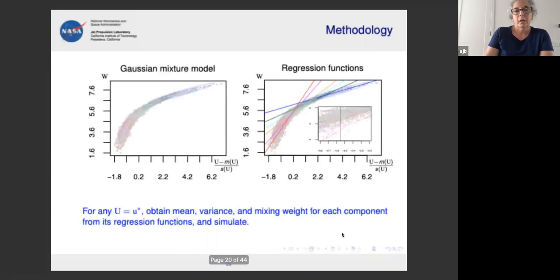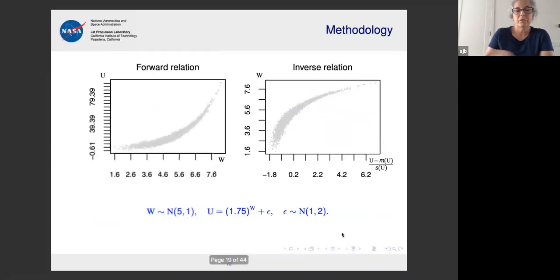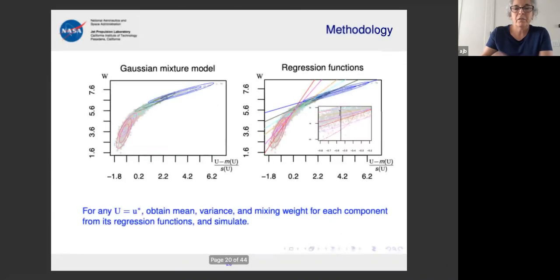Now, if I were to try to... I guess I should not have given away the story there. If I were to try to fit a single Gaussian to this, I wouldn't do a very good job. It would sort of be a football looking thing right about there, but it wouldn't be a very good description. If I fit the Gaussian mixture, I do much better. I'm getting much closer to looking at the data.